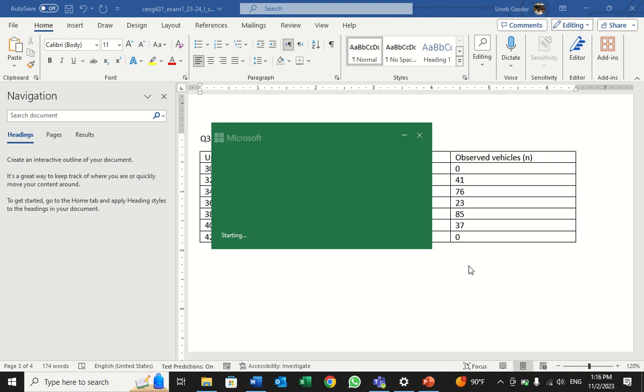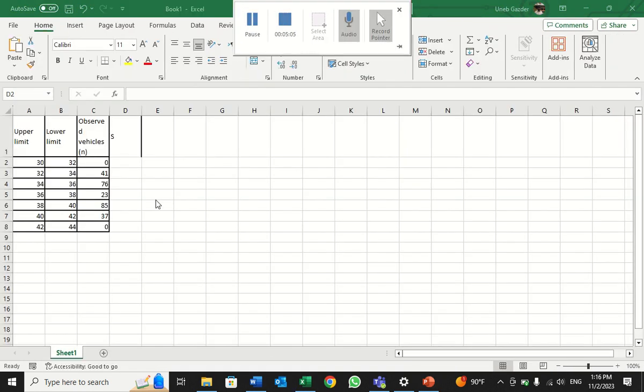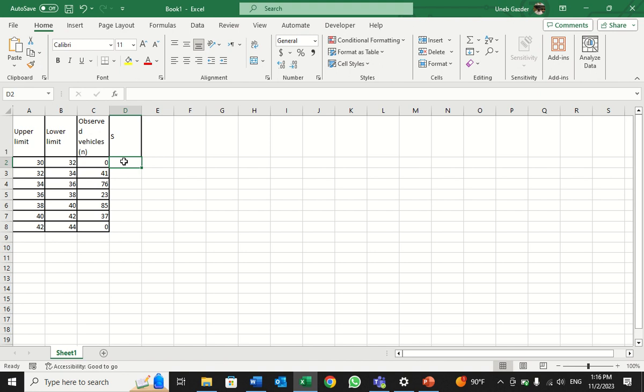For this question I'll go to the Excel sheet so I can do it quickly. For calculating the mean speed, upper and lower limits are given. You need to find the middle one, which is the middle of these two: 31, 33, 35, 37, 39, 41, and then 43. Then you need to multiply n into s. n is the observed vehicles, and s is the middle speed. If you multiply them,